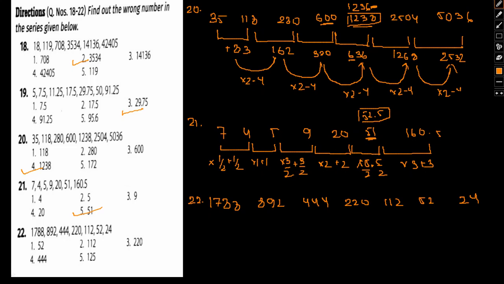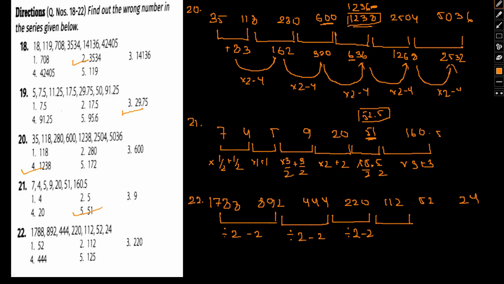1788. So if we divide this by 2, it would come out to be 894. Yes, 894. From here to here, it will be divided by 2 minus 2. Okay, from here 894, we have 446. Yes, divided by 2 minus 2, it comes out to 446. 2 minus 2, yes, again satisfied. 2 minus 2,